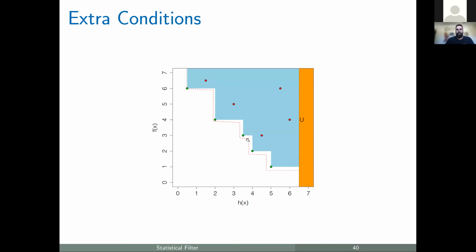In practice, rather than just finding points that fall to the left of the blue area into this white area, you also need them to be far enough away from the blue area, so outside of this envelope. This envelope shrinks and expands during the whole process. And you need the points to be to the left of the envelope to actually be accepted as part of the filter. And you can define a value U, which is the maximum accepted value for the constraint